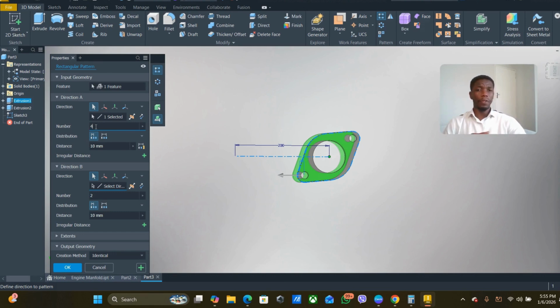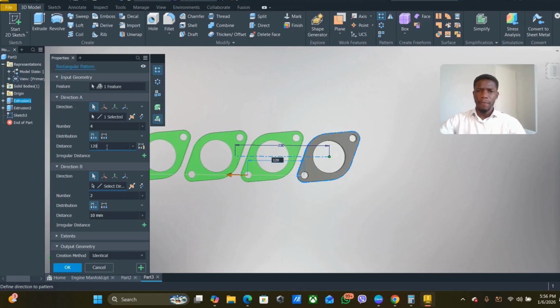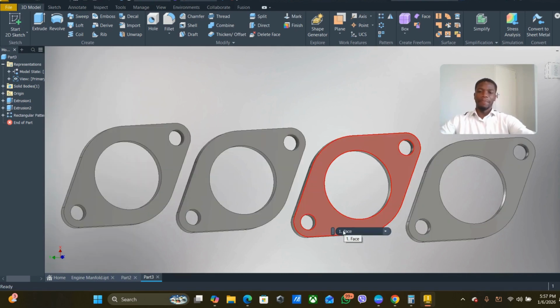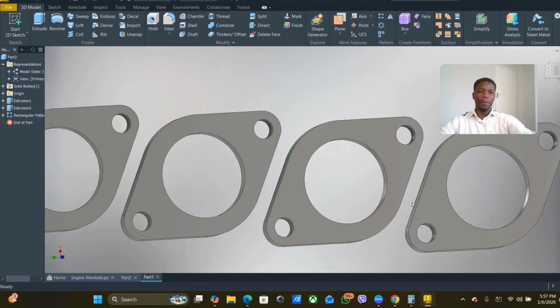For this example, I'm just going to use 4. Now I need 4 there, and what is the distance that I need to work with? Say, how about I work with maybe a distance of 110, in that direction right over here. Okay, let me show you the next part here. Once you're done with this part,